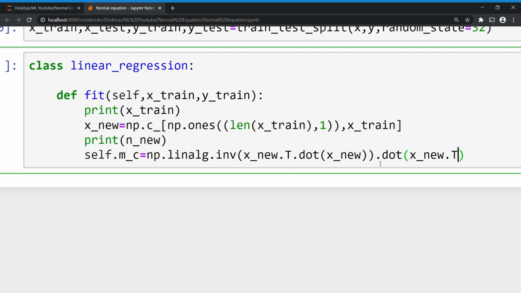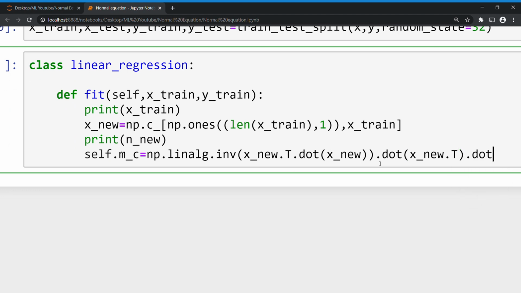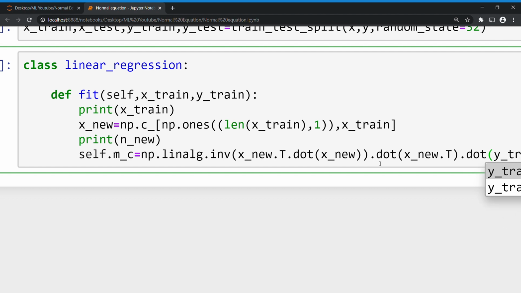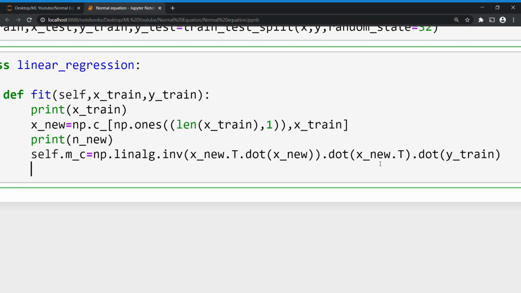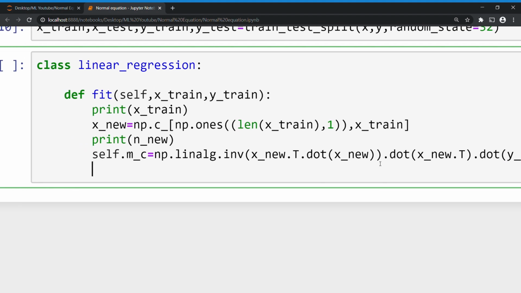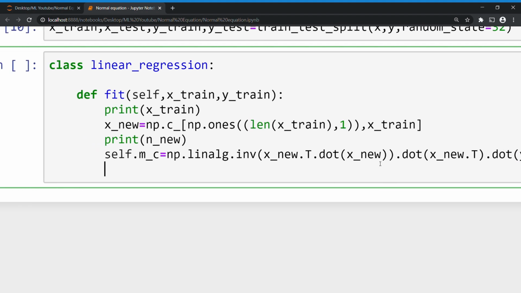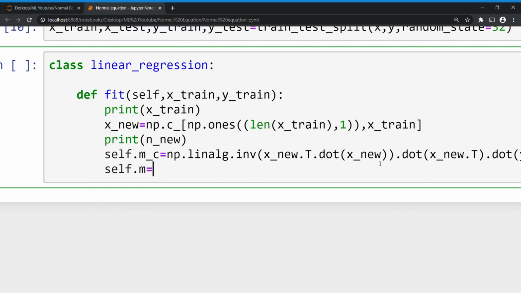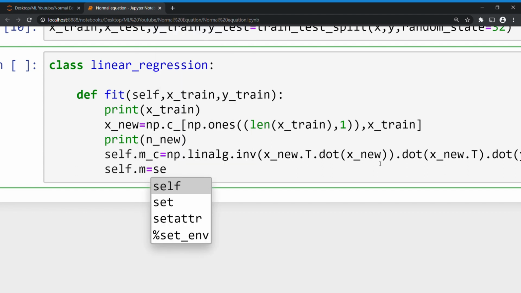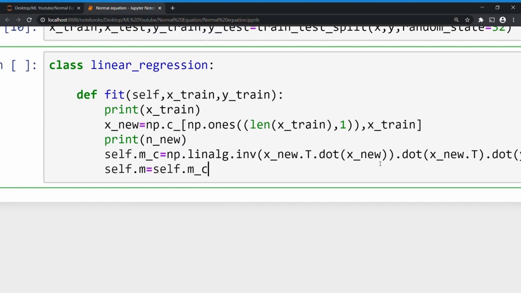X new dot transpose dot y train. Now let's divide our slopes and bias separately. Self dot m equal to self dot mc.